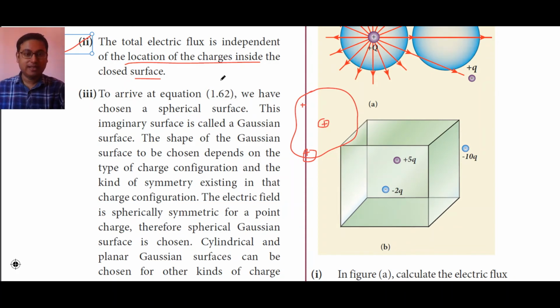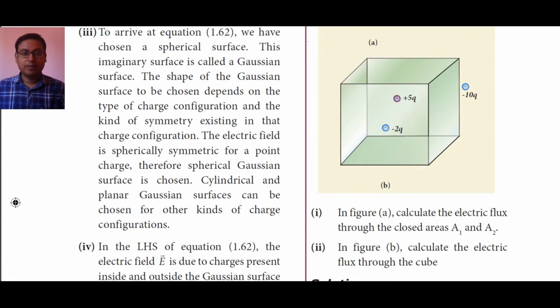Here, as you can see, the location of the charge inside the closed surface is not important. Because when we write psi is equal to q by epsilon naught, we do not have any term related to r. This equation is free of this distance. So wherever the charge is, we will have the same electric flux, regardless of its position inside this closed arbitrarily shaped area.